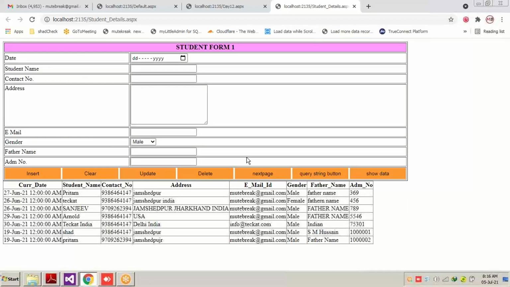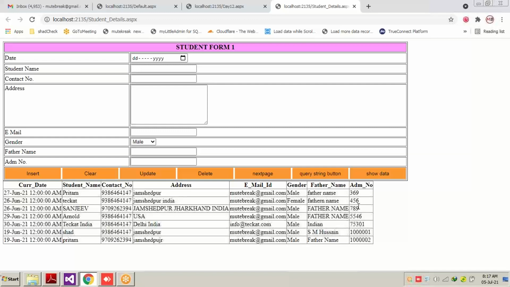So basically, what does the CSS do? A CSS is a combination of many CSS classes which can be used for any control, any same control inside our entire project.